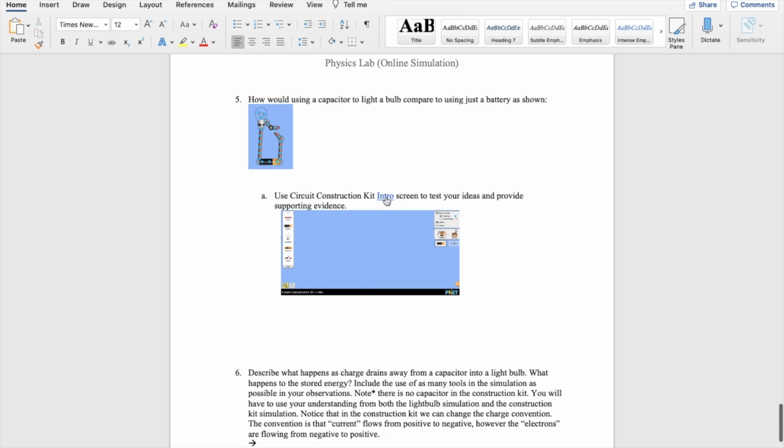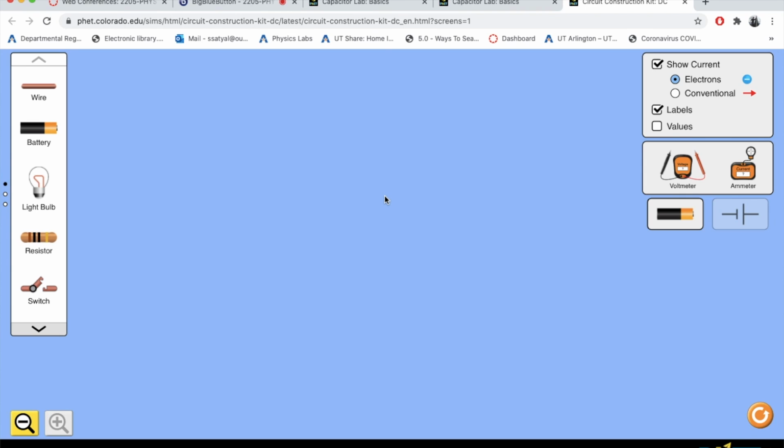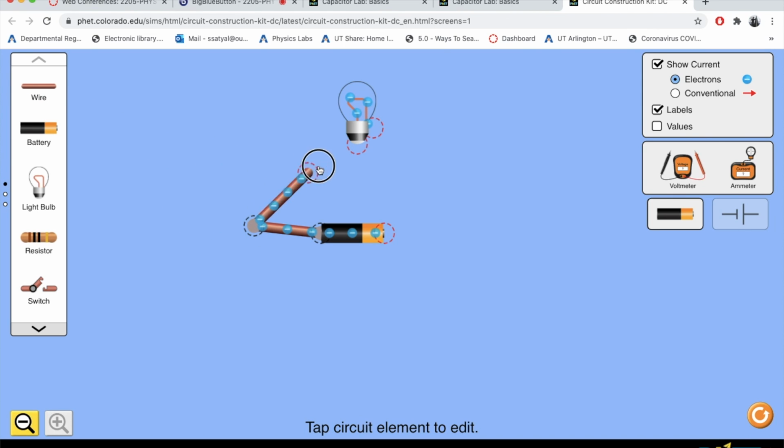The second one here will be practice for you for next labs, to build your own circuit with a light bulb, and you can add resistors, switches, batteries, whatnot. Get your light bulb, a battery, and some wires. You can connect this to your light source. Let me put a switch in here just for fun. Connect that, and